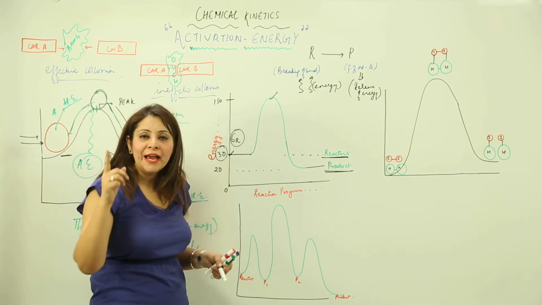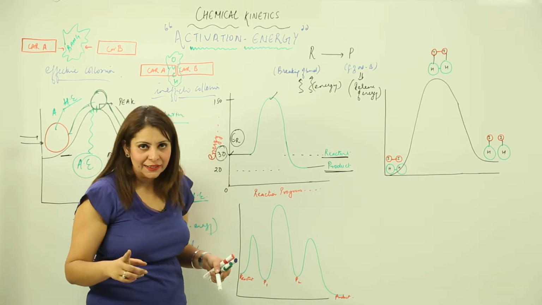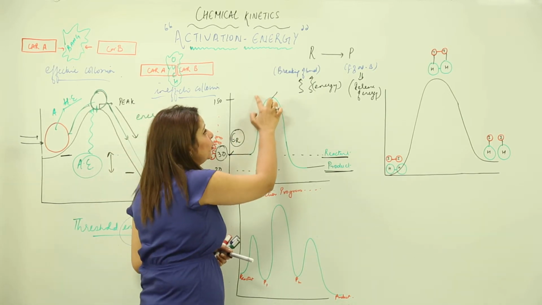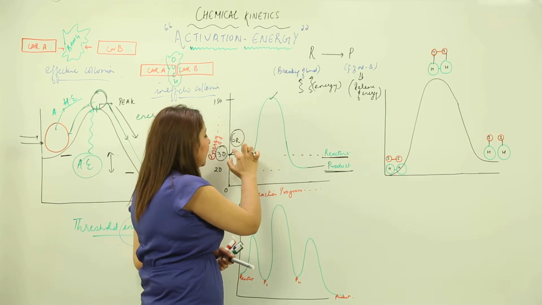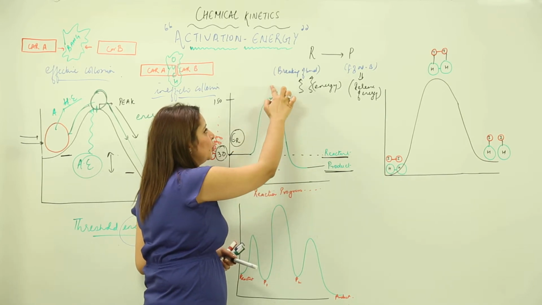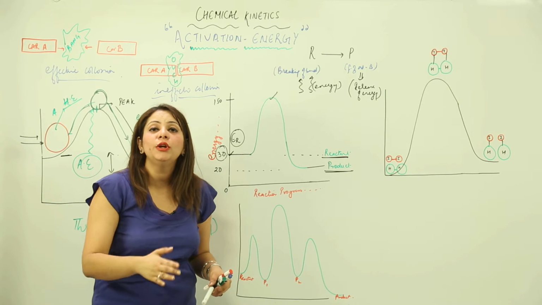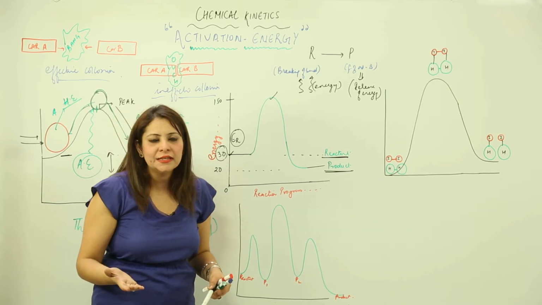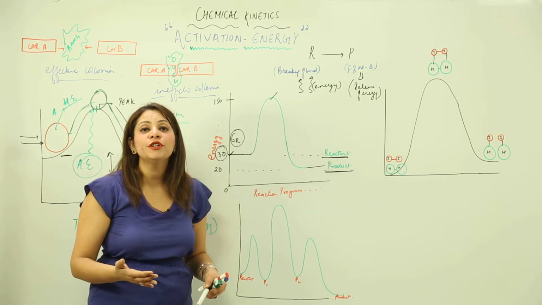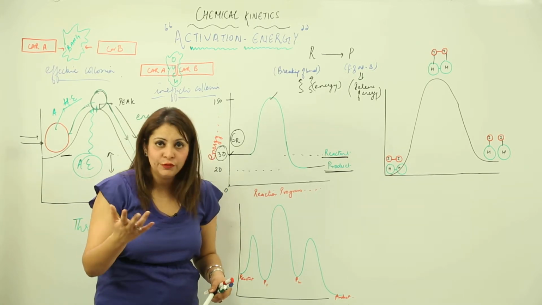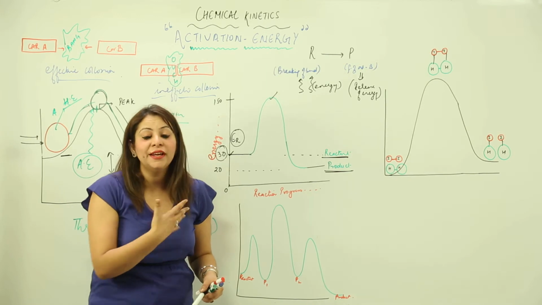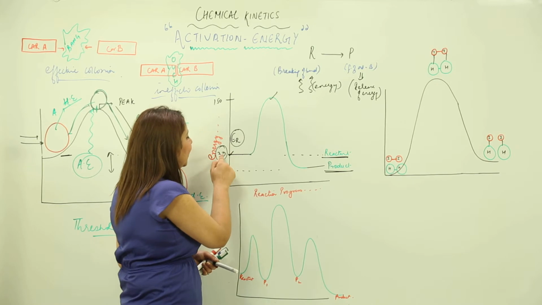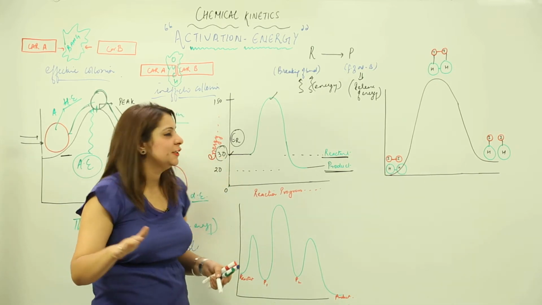Now, for the reaction to happen they must collide, and it is clear that only the reactant molecules which are able to cross this barrier can cause effective collisions. We need effective collisions, we do not need ineffective collisions, because effective collisions only lead to the production of product, and we are doing everything for the formation of product. So that means this 30 kilojoules is not sufficient energy,